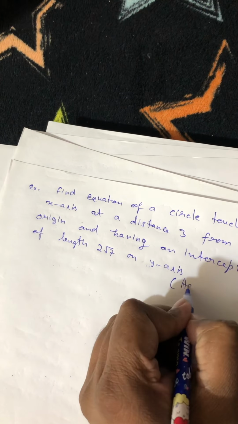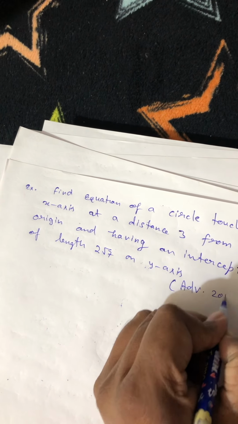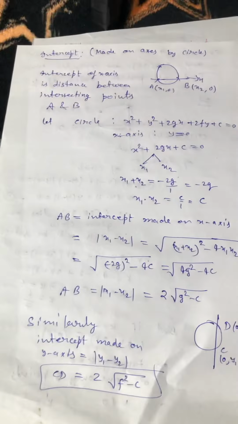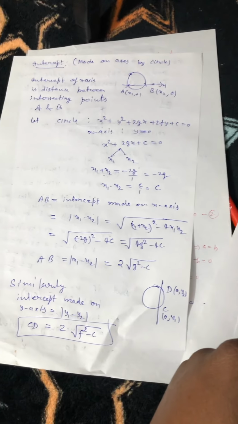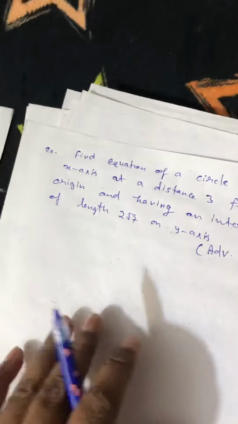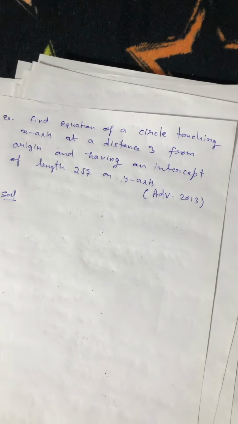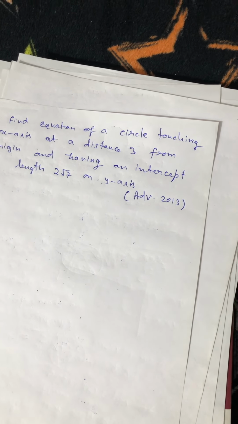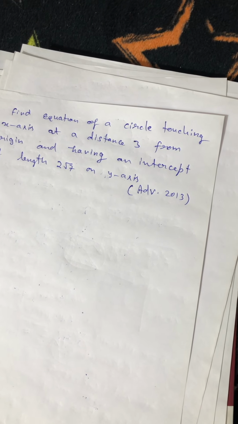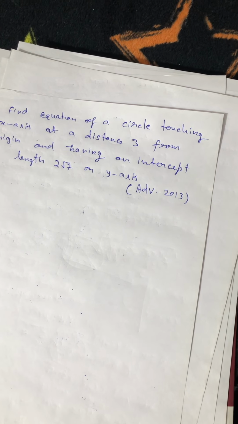ये जो क्वेश्चन है वो एडवांस आपका 2013 का क्वेश्चन है, पूछा गया है। तो ये हमने अभी थ्योरी पढ़ी थी, ये वाला जो आप देख सकते हैं, इसको यूज करके हम सॉल्व करेंगे इंटरसेप्ट, क्योंकि क्वेश्चन ही बात कर रहा है कि इंटरसेप्ट इसी के ऊपर सॉल्व किया गया है। ठीक है, तो सॉल्व करना शुरू करते हैं। हमको बताया गया कि इक्वेशन ऑफ सर्कल टचिंग एक्स एक्सिस एट ए डिस्टेंस 3 यूनिट फ्रॉम द ऑरिजिन एंड हैविंग एन इंटरसेप्ट of length